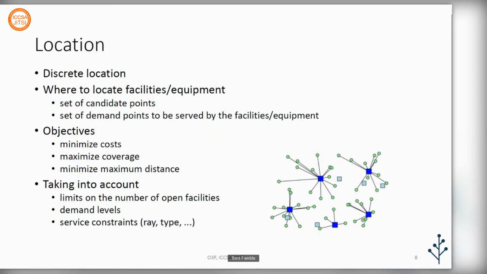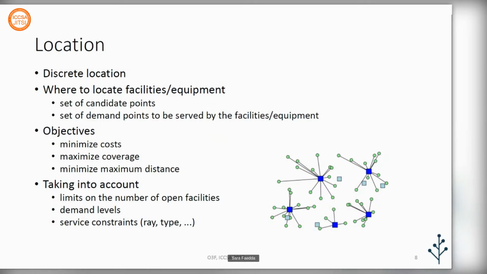The starting point of this part of my talk is more or less clear: when we are dealing with a landscape where we want to somehow reduce the fire spread or the fire potential, there are several problems that can be addressed as location problems. For instance, starting in a more general way, a discrete location problem is when